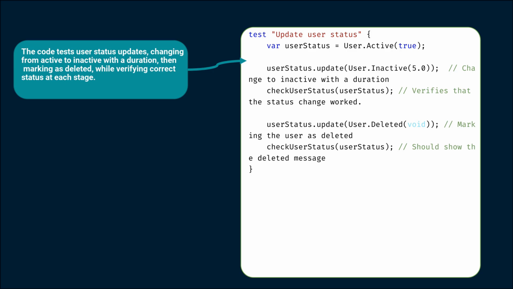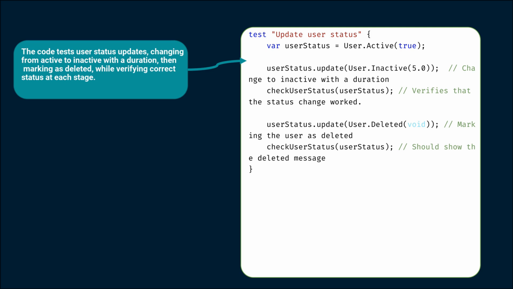Finally, we demonstrate another status transition by marking the user as user deleted. Again, we call checkUserStatus to confirm that the status update was successful, which should yield a message indicating that the user account has been deleted. Through this process, we can see how the update function effectively manages transitions between various user states, enhancing maintainability and